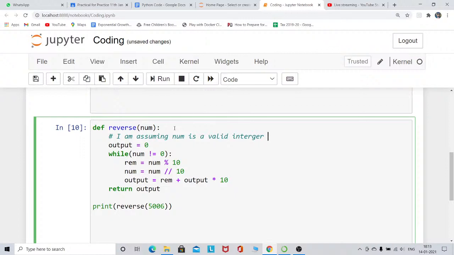I am assuming it is an integer type number. So I am not checking its type here, or putting any validation here. If you want to put validation, you can, but this is only for very basic coding. So I am not doing any validation here. Okay, thank you very much.